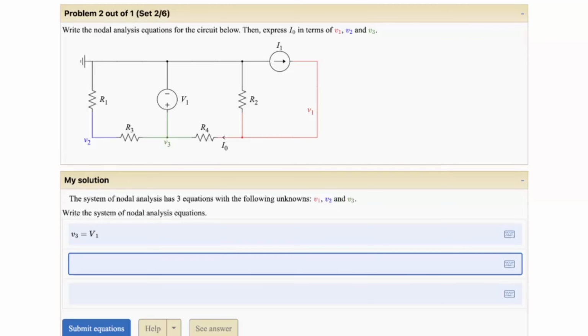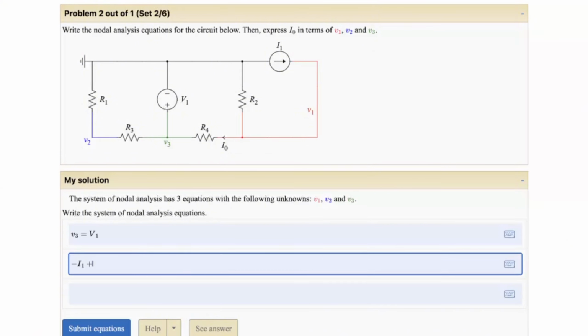Next, let's go to V1, the potential on the right. It's connected to 2 resistors and a current source. Let's start with the current source. The current source is going into the node, and its value is I1. And since it's going into the node, it's going to be a negative I1